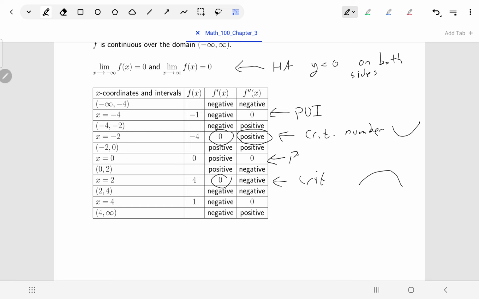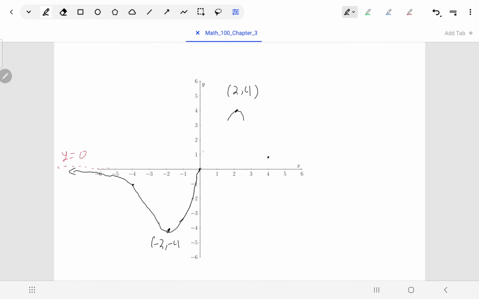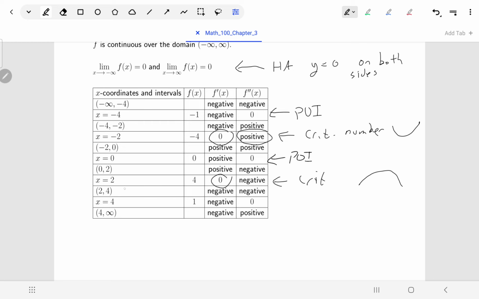So it looks like we have another point of inflection. We're going to be still increasing, but we will be concave down for the next interval. So increasing and concave down, which matches with what we were expecting to see. We've got a max at 2, 4. And then finally, leaving that maximum at 2, 4 and heading to the end, we can see what's going to